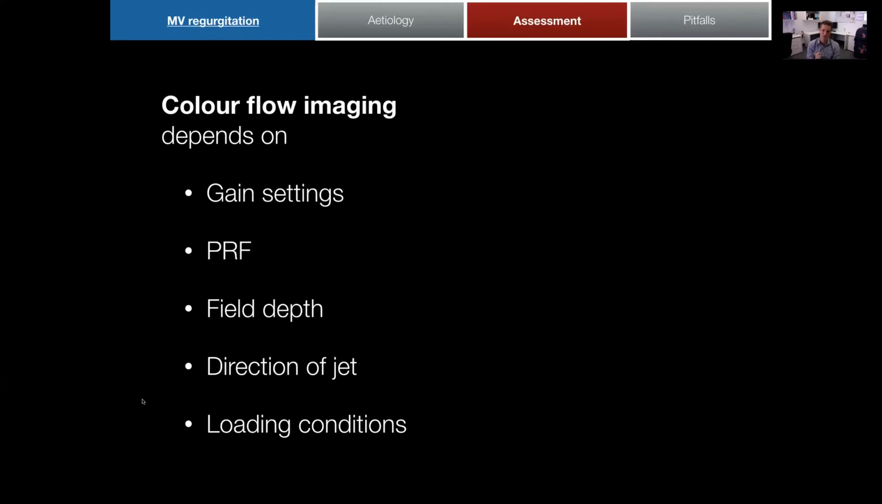Okay, as we discussed, color flow is going to depend on your gain settings, your pulse repetition frequency, and the depth, so you need to have that box as small as possible to help with your resolution, and the direction of the jet. Remember that the Coanda effect is a really important term to mention in eccentric mitral regurgitation. Because if you've got severe mitral regurg, it can fill 60% of the left atrium if you've got adequate settings and it's central in origin. If